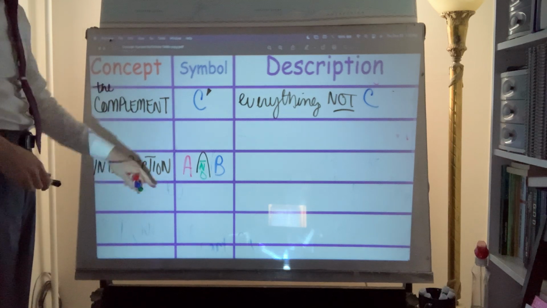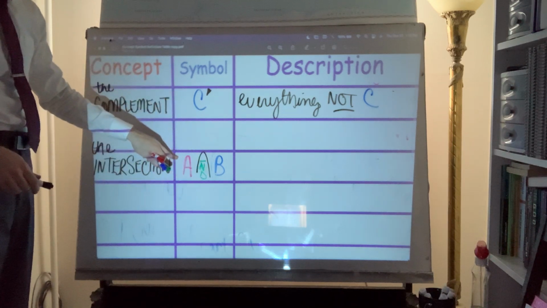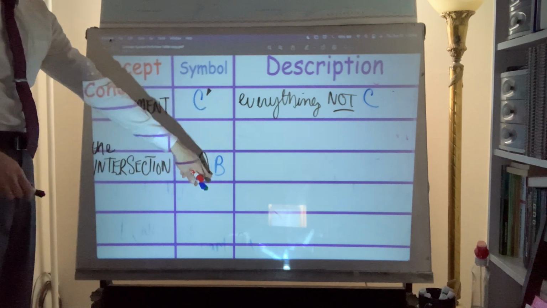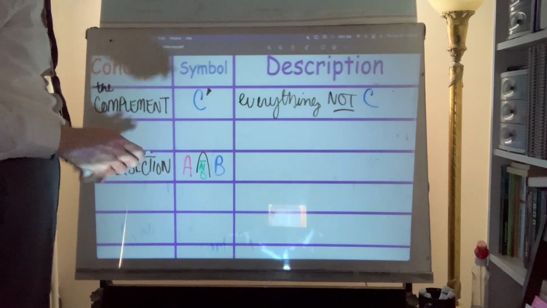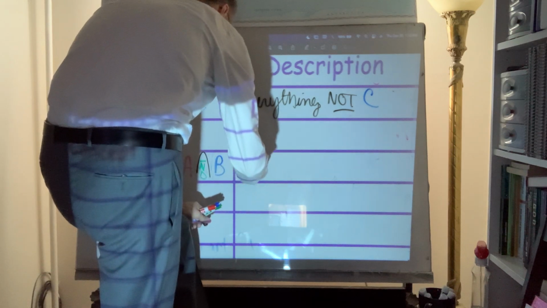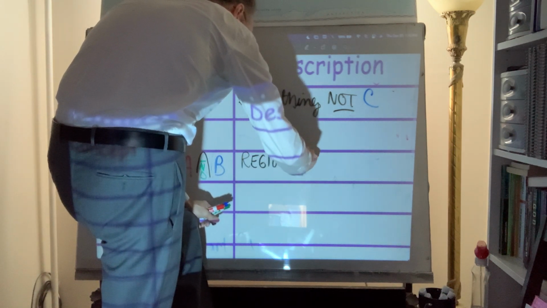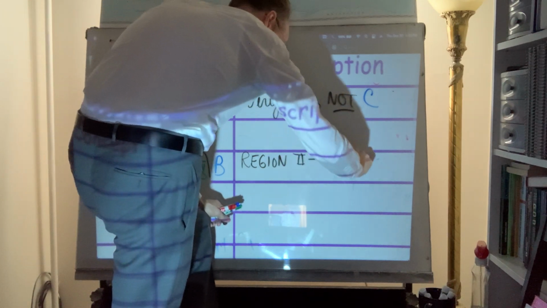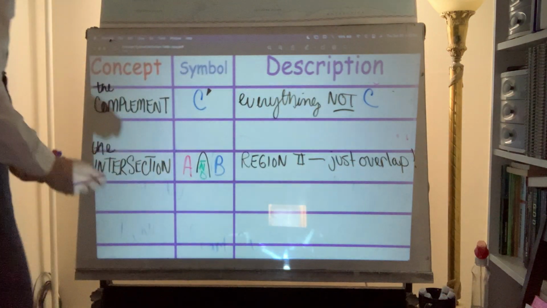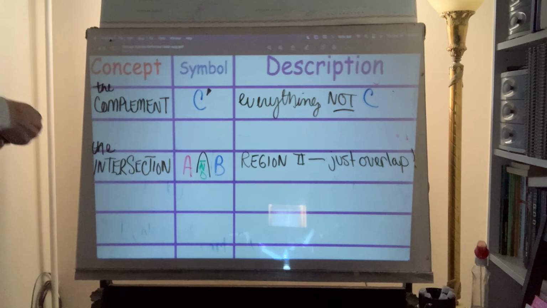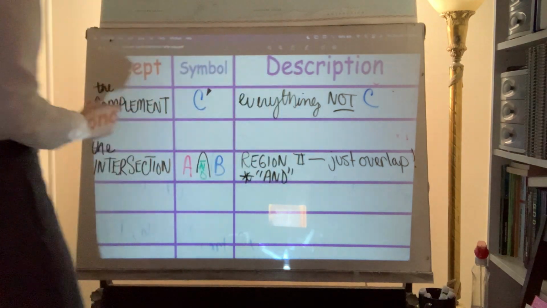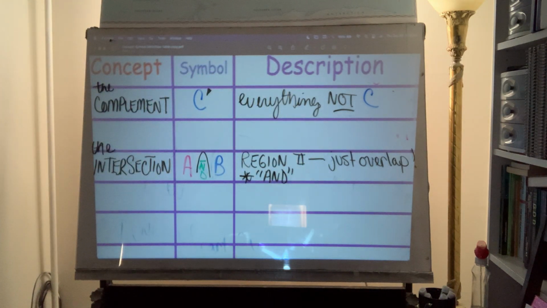When you have an intersection in symbols, right, it would be more or less abbreviated this way: the set, the horseshoe shape, and then the second set. This is asking about region 2 in that last diagram. Right, that is just the overlap. All right, notice the word and when you're reading things. Right. Another scenario,